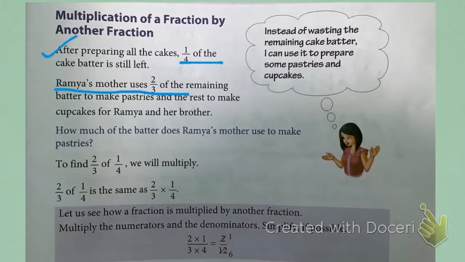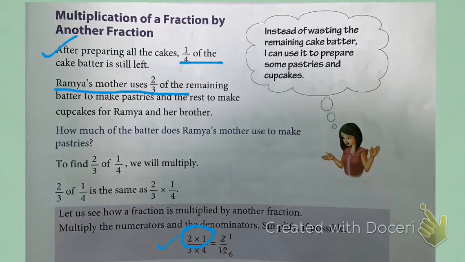So students, Ramya's mother has 2/3 of the remaining batter. From that, she uses 1/4. So, what you need to do? You need to multiply. So, here our topic is multiplication of a fraction by another fraction. Here you have one fraction and another fraction. So, here you have two fractions. Multiply, what you'll do? You will multiply